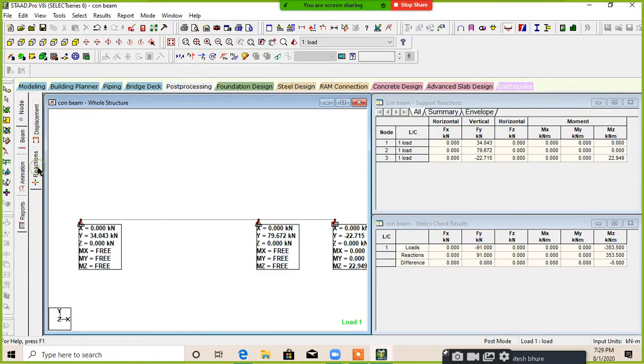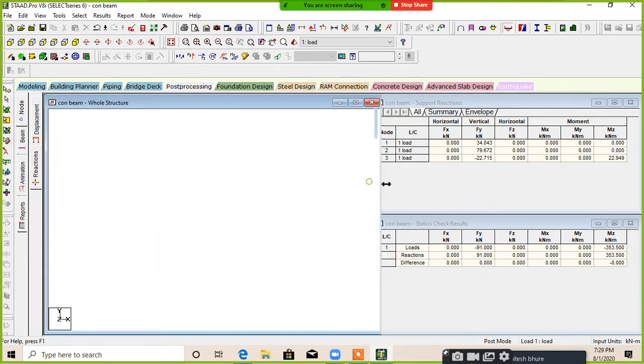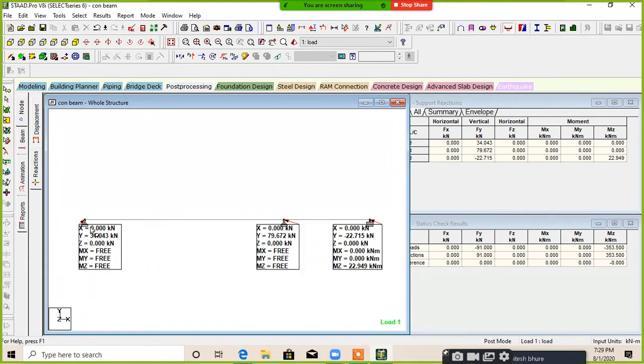Just go to reaction and check all the support reactions. At the first end, there is a support reaction of 34.043 kilonewton. In x and z there is no reaction because we did not apply any load in the x and z direction. Okay, at the second support there is a reaction of